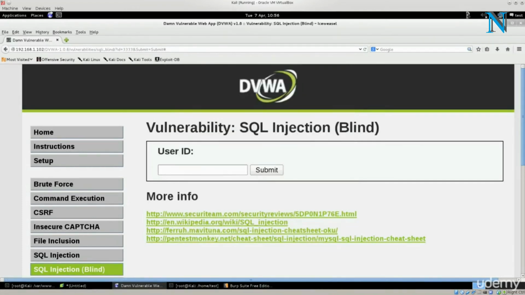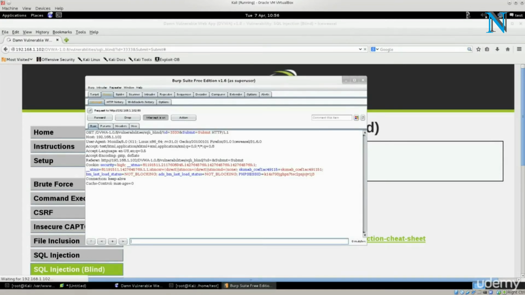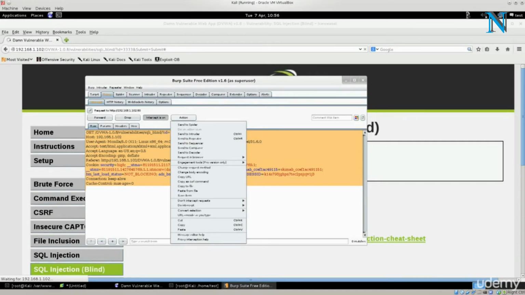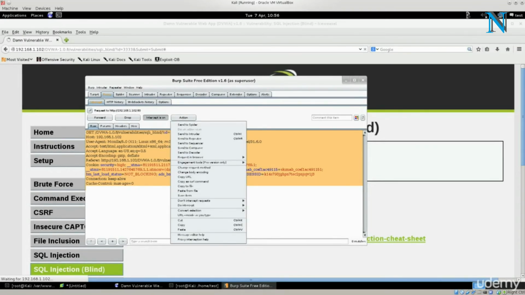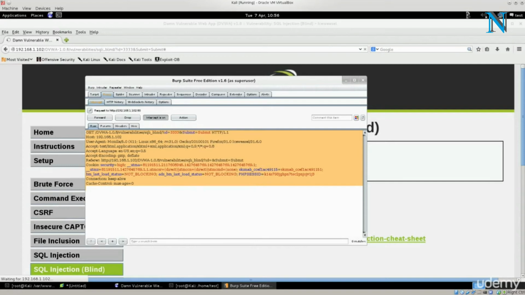Close. Reload the site. And of course, the site won't actually be able to reload until you let it through. So you can immediately see that Burp Suite has managed to capture information here, and it is waiting for you to tell it what you want to do with it. You can either forward it, you can drop it, and there are actions here to send it to a lot of other functionalities in Burp Suite. But for the time being, I want to copy the URL. So go ahead and click on Action, Copy URL,